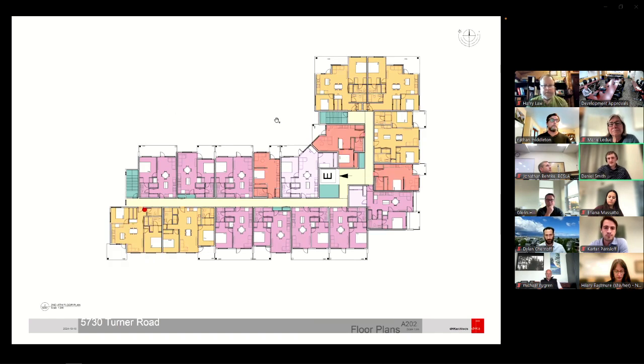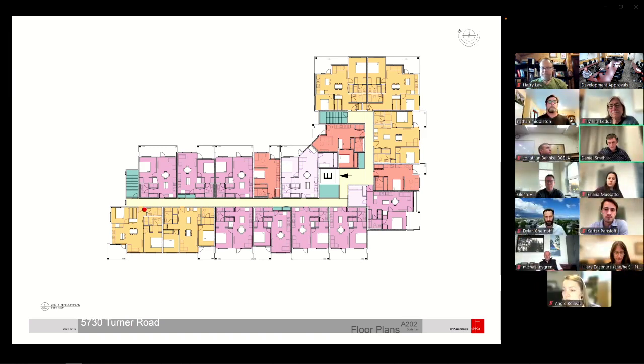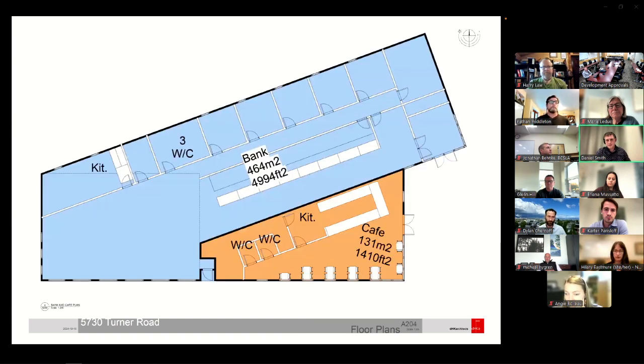And above that, the unit stack. In this, we have 29% 2 bedrooms, which is quite a bit, and 55 1 beds and 16 studio units, some with dens. For the CRU unit, we have it as a bank or an office space and a cafe, and both of those are accessed off the,